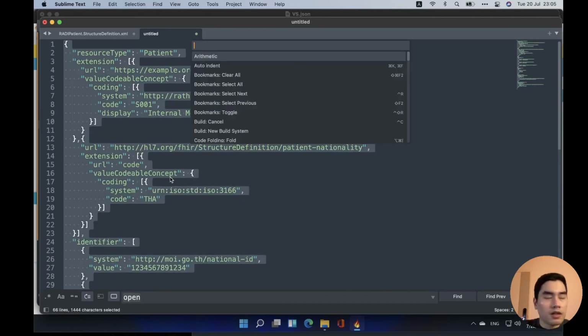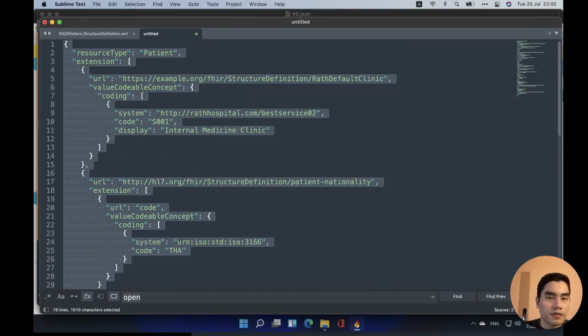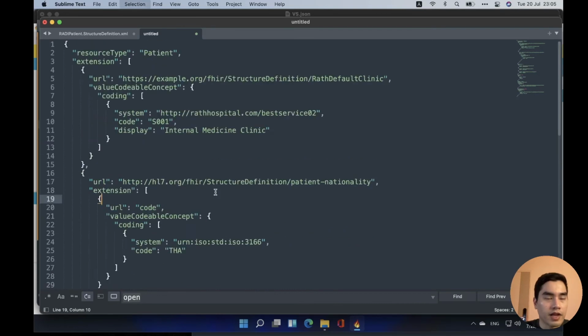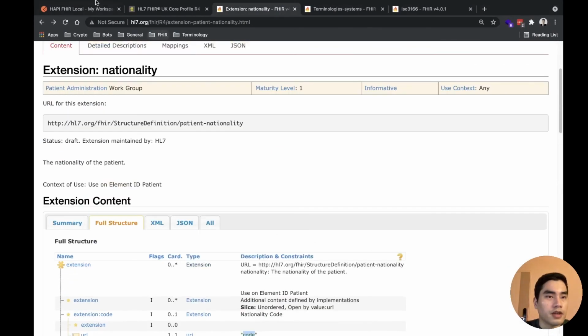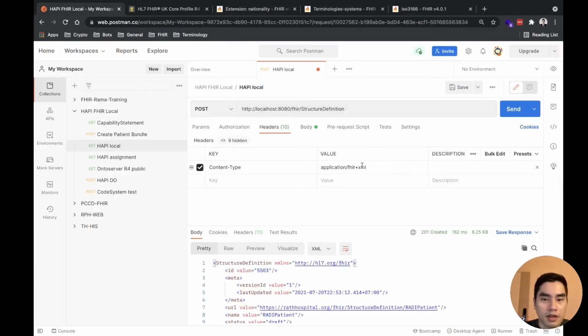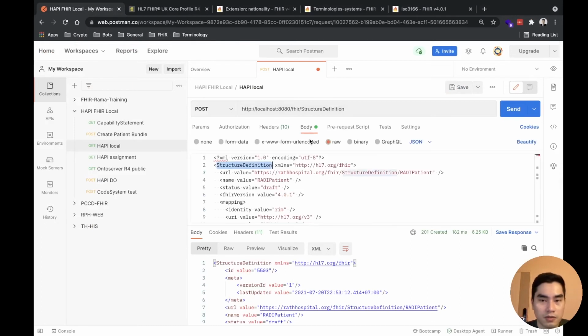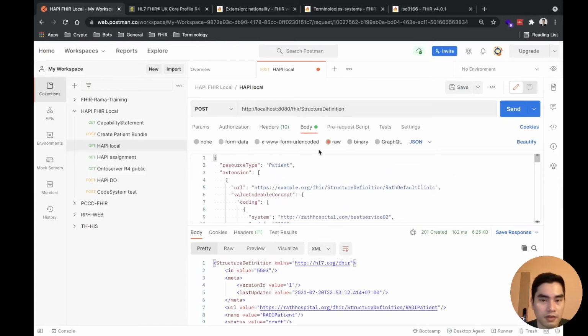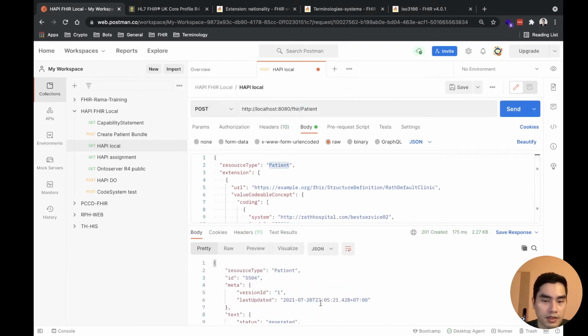I validate and it's valid JSON. If I come here and change to this one here and post to this, post, yeah, done.